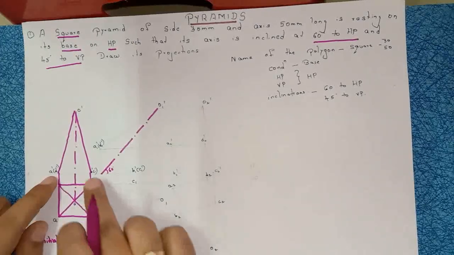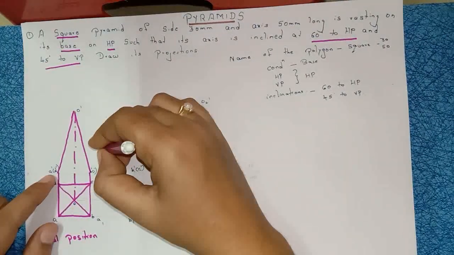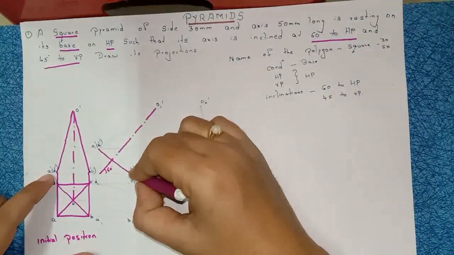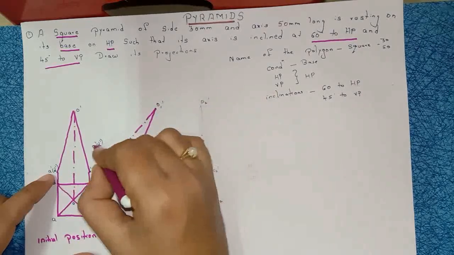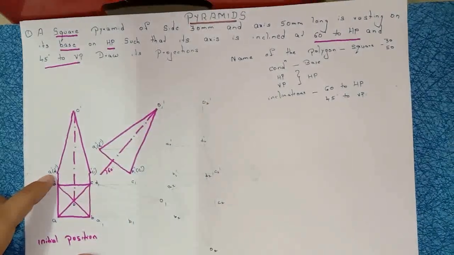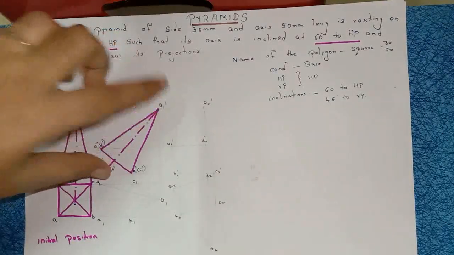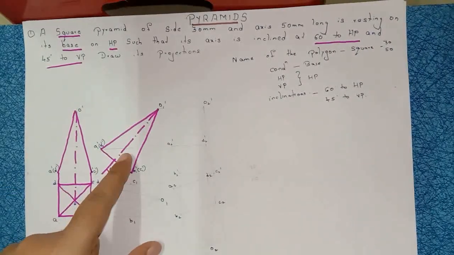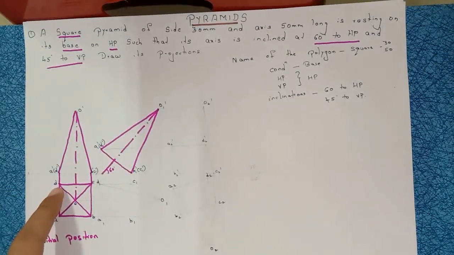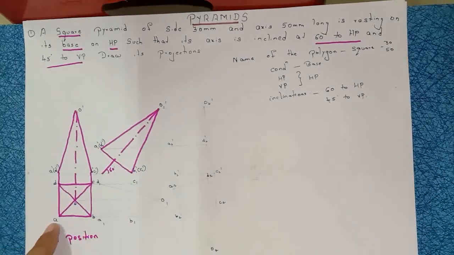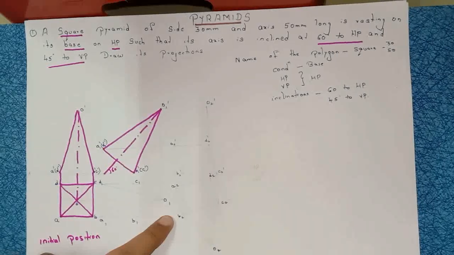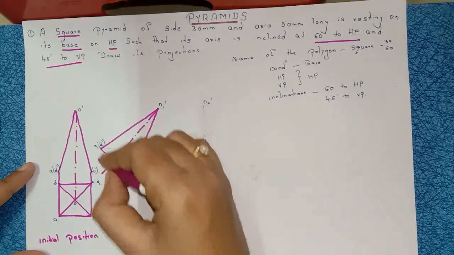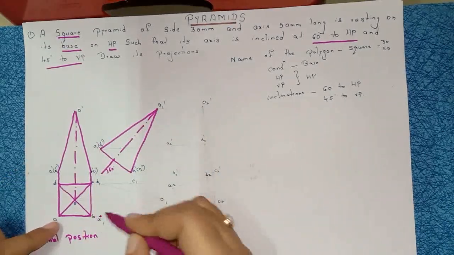After that, from A dash to B dash, measure this length by trial and error method and draw it here. After that, join this corner to O1 dash, and join this corner to O1 dash. We are drawing the same pyramid here with an inclination of 60 degrees. After drawing this step, from every corner of the polygon, from DC, draw a straight line. From AB, draw a straight line. Now, how will you project? This is the point A dash. From A dash, draw a straight line till the A point.